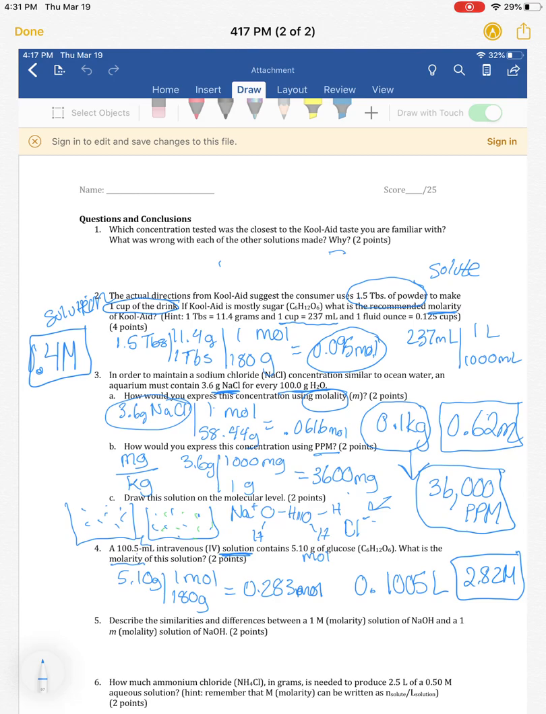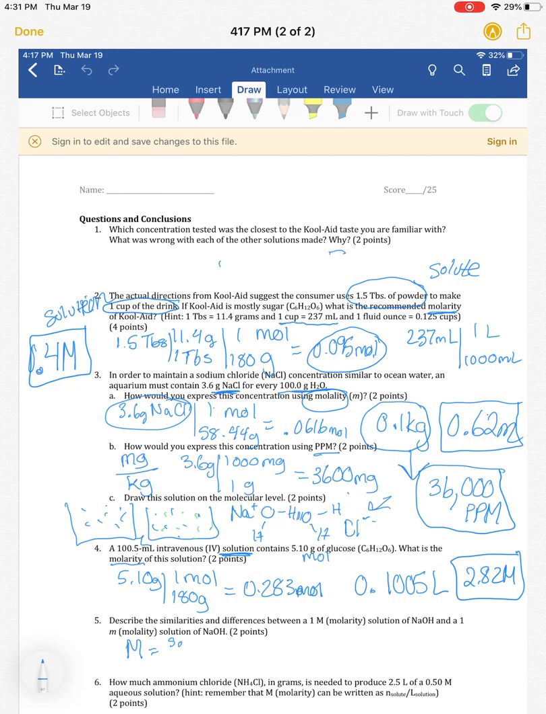So with number 5, it said describe the similarities. And for these, I saw some things like they both do concentration. They both tell you concentration. They both deal with moles of solute. And those are all true. But a big one that I would like you guys to know is